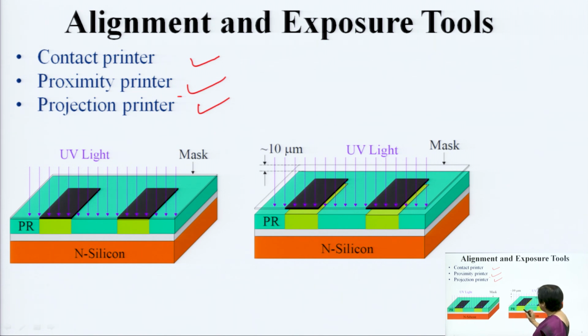Second, here you have a smaller distance, and this distance is around 10 micrometer. Now, it is in proximity, and proximity is nothing but close. So, here you have the mask closely placed onto the wafer surface, and when the mask is closely placed, you are overcoming the wear and tear issue, agreed.